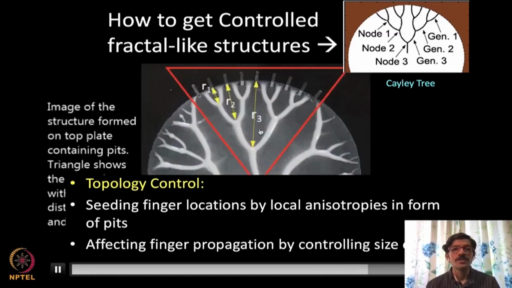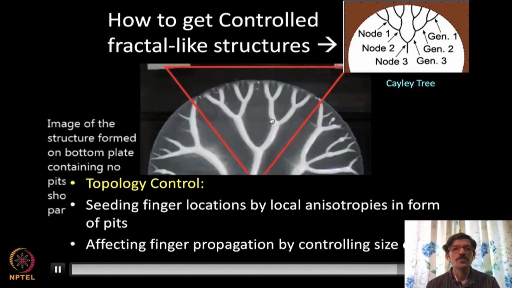So with this, we are able to produce controlled structures where one branch splits into only two branches, and then further splits into only two branches, and further again. But at the other place, where we didn't have these anisotropies on the cell plates, a random process is still happening. So this is how we exercise